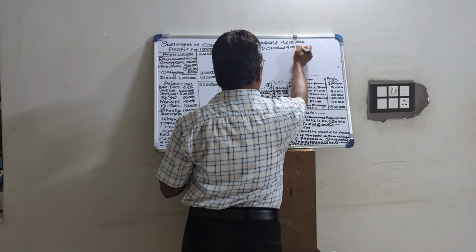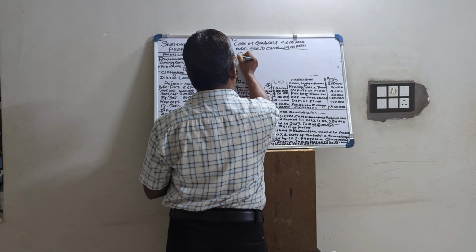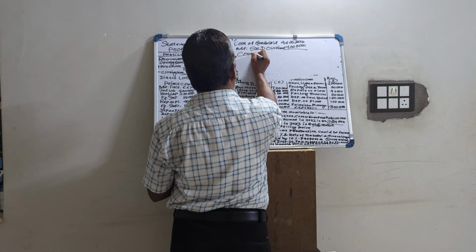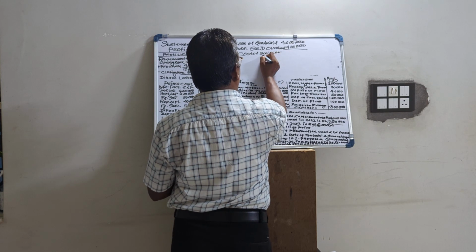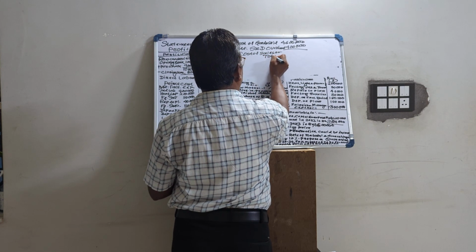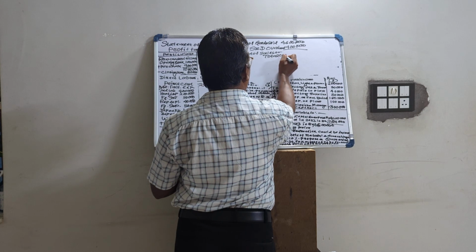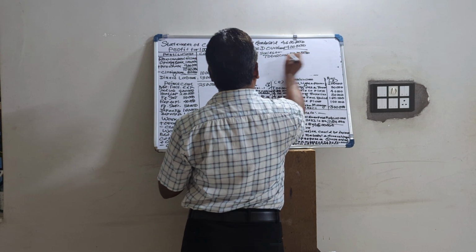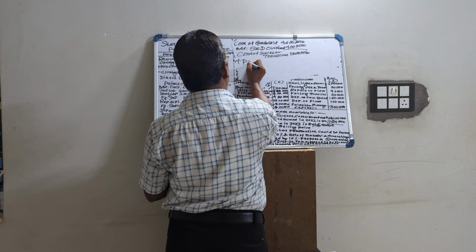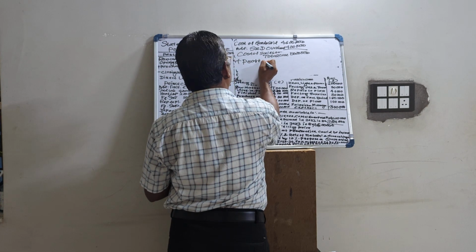So cost of sales or total cost is 50 lakhs. Then add profit. Profit is given, that is